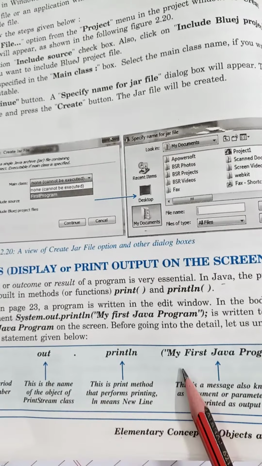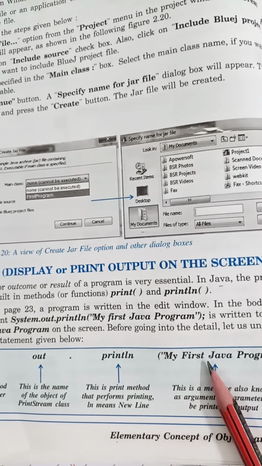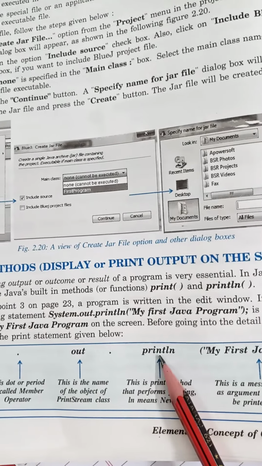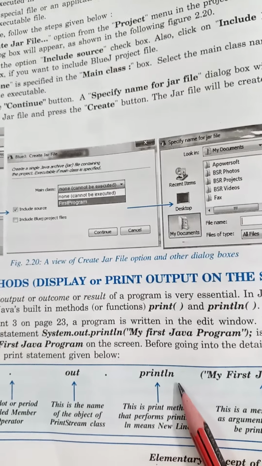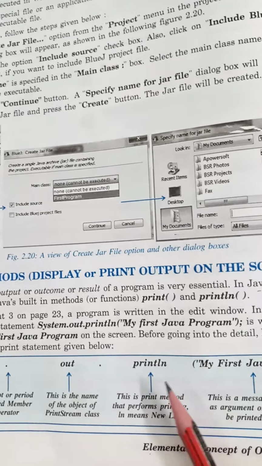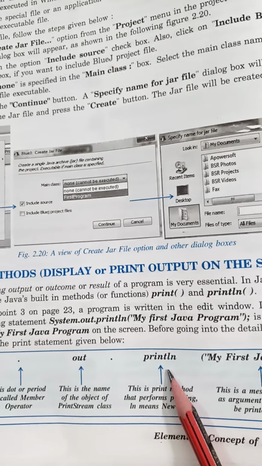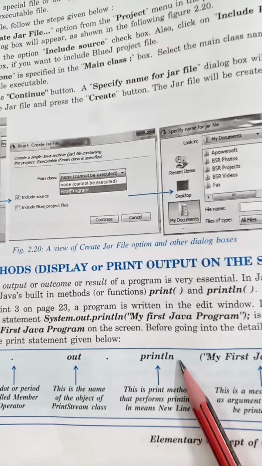Without using the print method, you can't display anything on the screen. You can write print or println as per your program's requirement. I will tell you the difference between the two. This method is responsible for displaying the message on the screen.